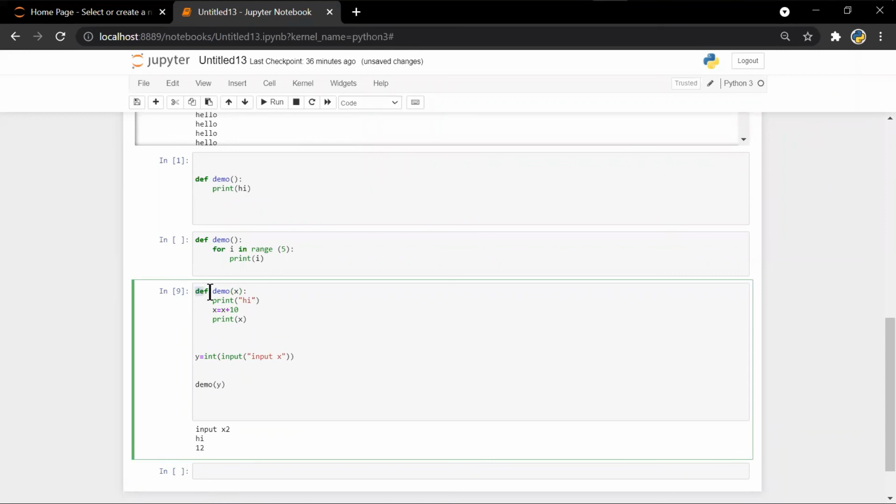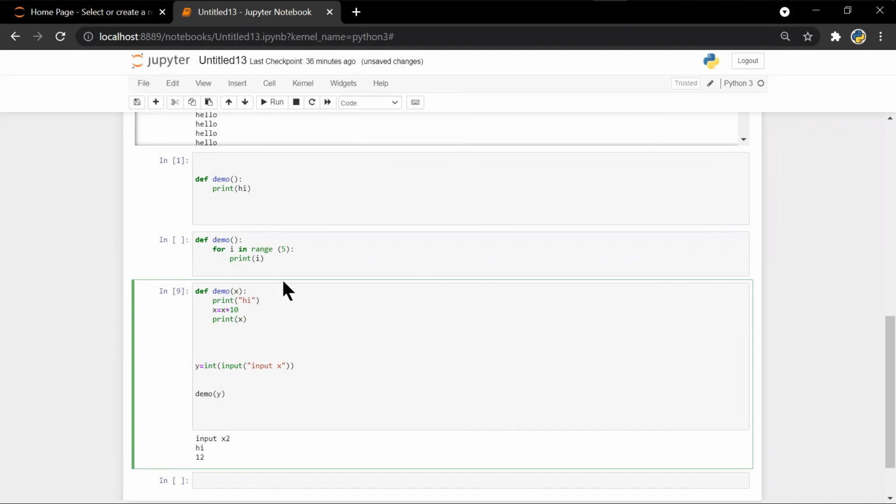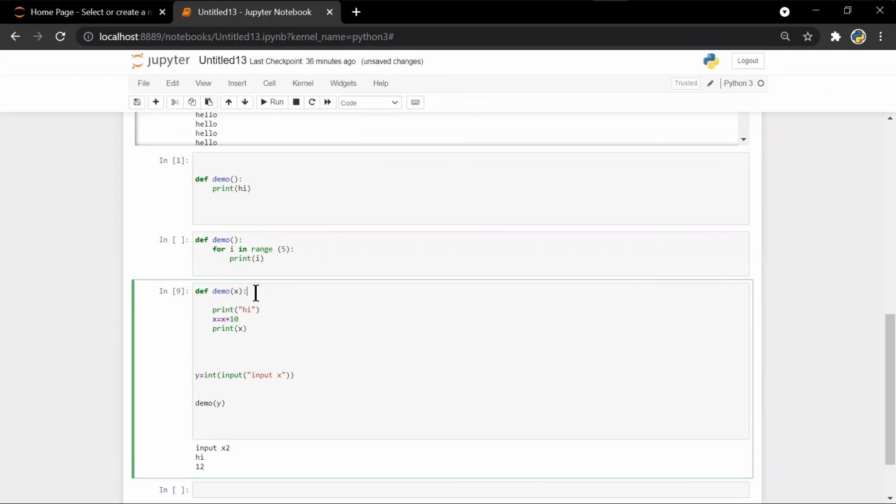Then you put this colon, because anything in Python in which you add something, like here in a function you will add these three parts, in a loop also you add something after the loop statement. So it's the default syntax in Python, this colon, and then you write whatever loop or program you need for the function, and then you simply call that function anywhere you want, and it will simply print.